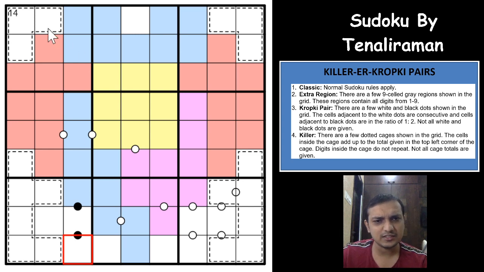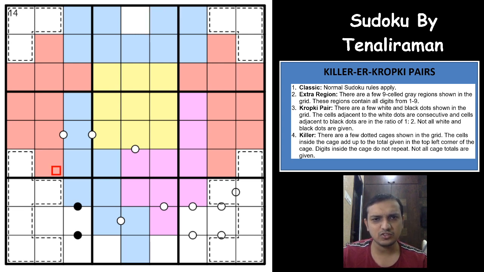One thing I can say here is that these 4 digits plus this digit and these 4 digits will have to be an extra region in itself, because as you can see, the first 2 rows have 9 blue digits, which is an extra region constraint. So the other 9 digits, which are these 4 cells and this single cell, would have to be 1 to 9. That in itself is not helping much.